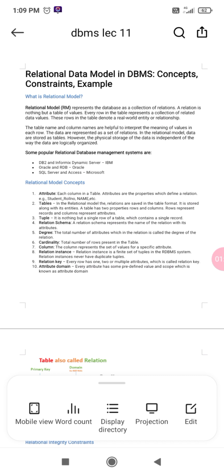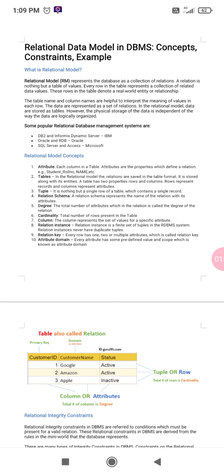Relational model, RM, represents the database as a collection of relations. What is RM? RM is a relational model which represents the database as a collection of relations.